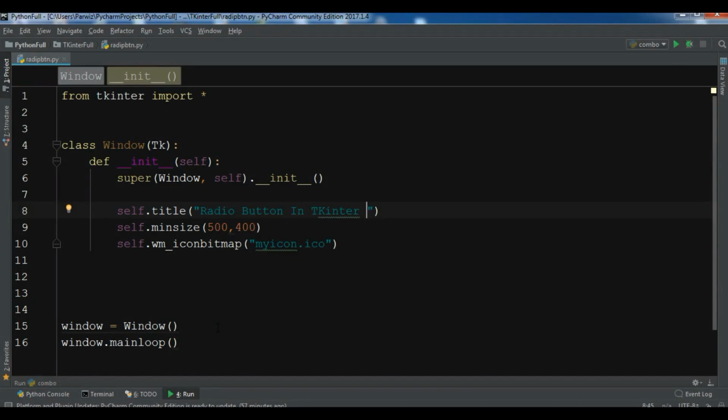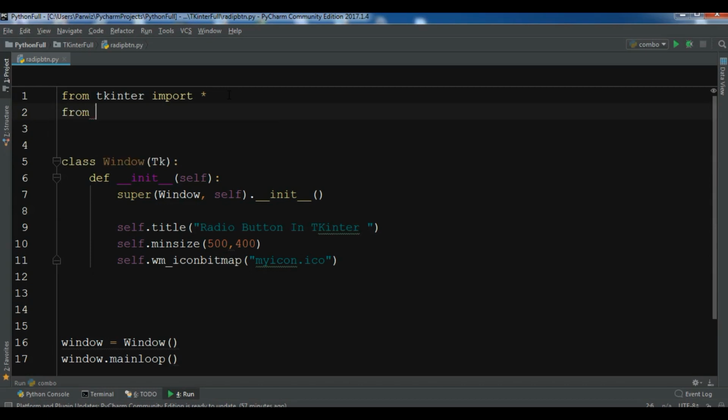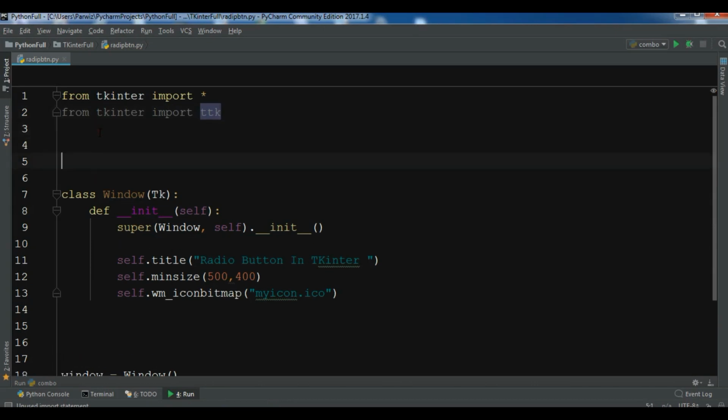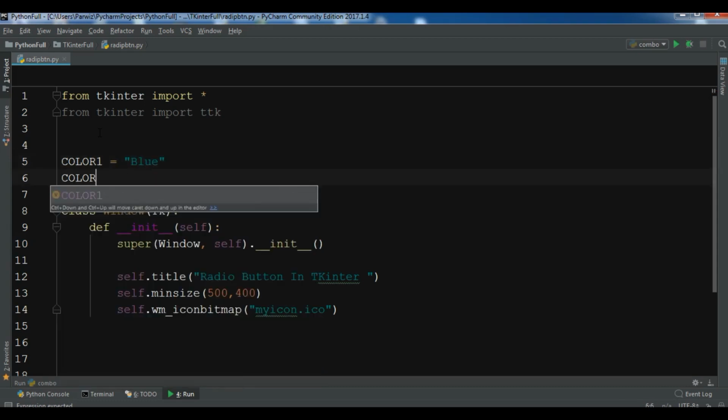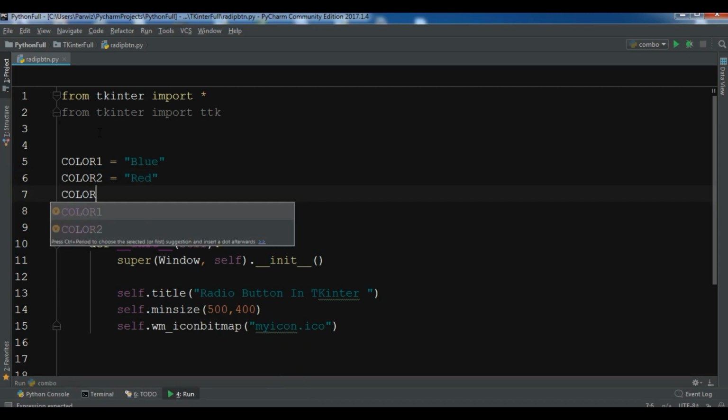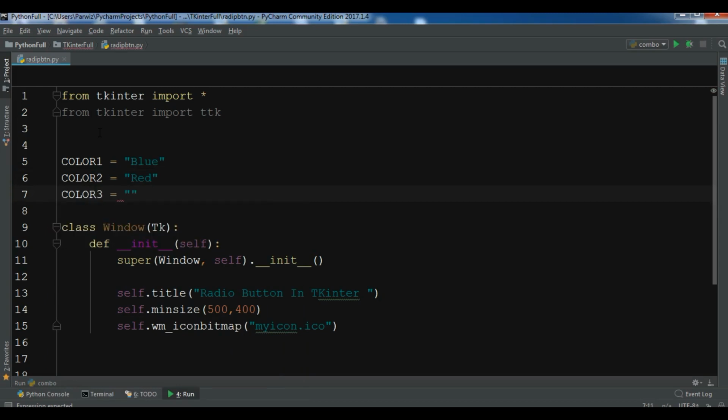In this part I want to show you how you can create a RadioButton in Tkinter. So I have my window code, and let me just import ttk. Okay, so let me create some variables, for example color 1 is blue, for color 2 it is red,